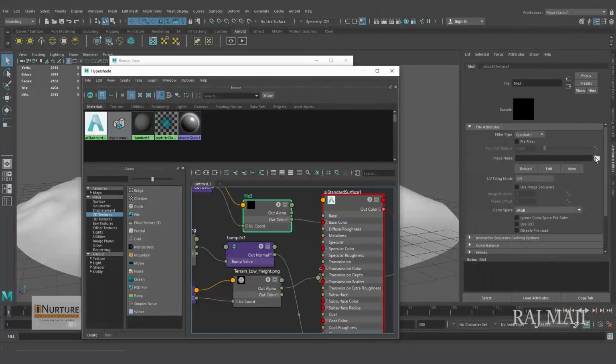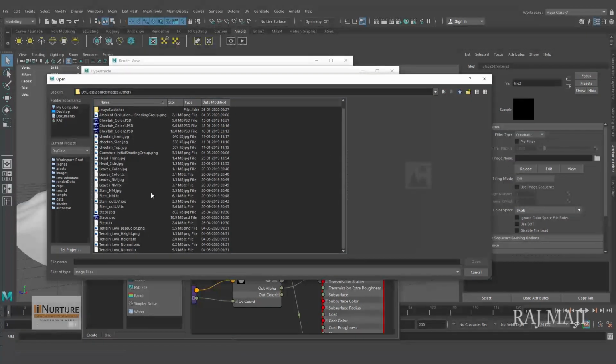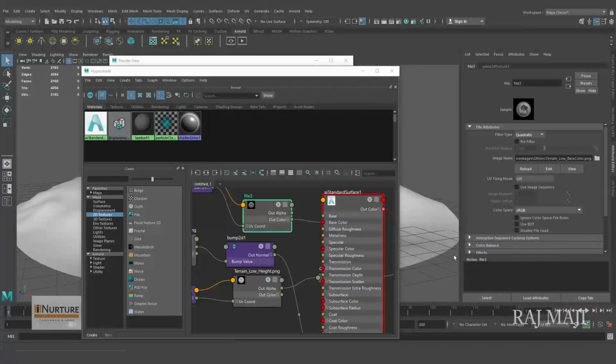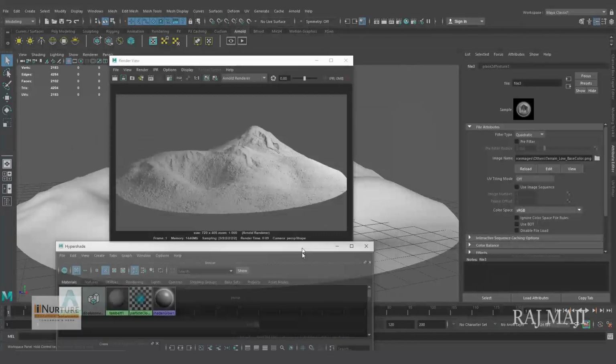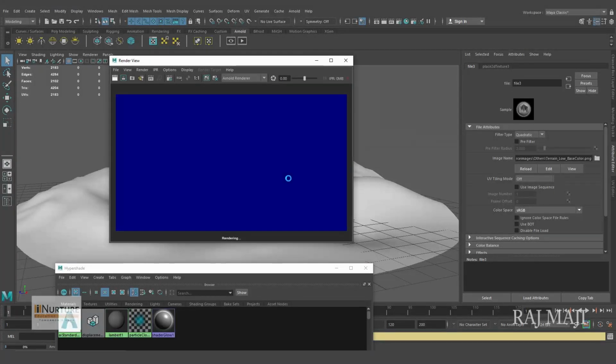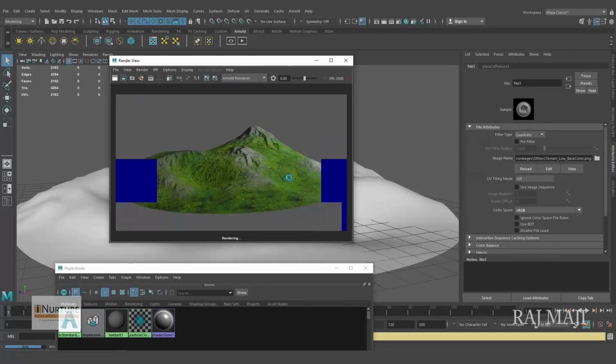So selecting this, this is our base color. Let's check how it is looking. Okay, not bad.